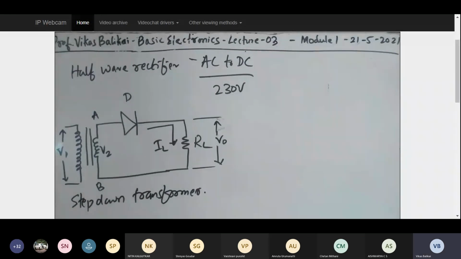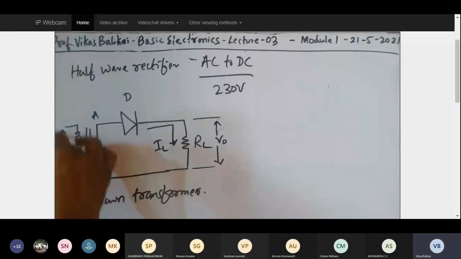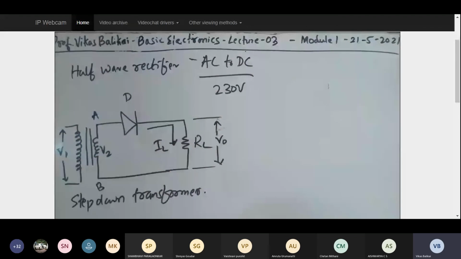Whenever we try to understand any topic, first you should be able to understand why the components are chosen that way. This particular thing is your step down transformer. The transformer basically steps down the voltage from the input of 230 volts, or whatever the highest voltage is coming over here, to the required amount of voltage. For me, the required amount of voltage could be anywhere between 5 to 10 volts. So I can consider it is stepping down my input voltage from the highest voltage in my home or in my commercial setup to the lowest voltage that can be withstood by the diode.